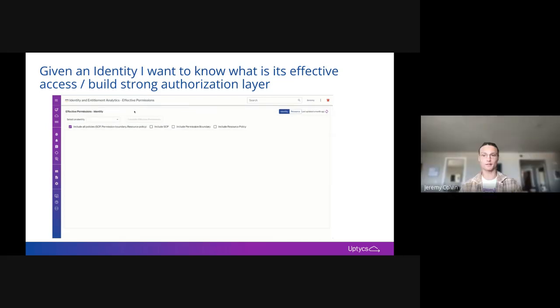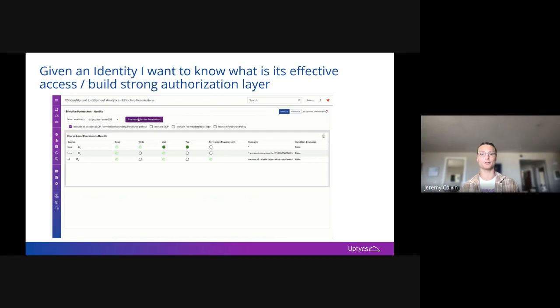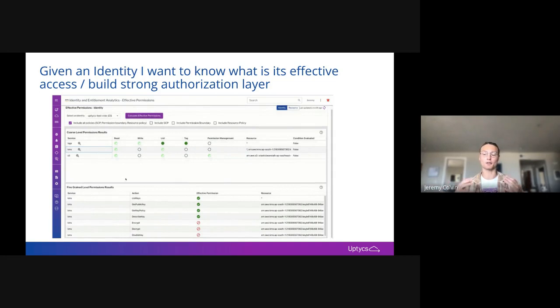That's awesome. And I think the core part of that is that it should all be seamless. We shouldn't be adding to the complexity. We should actually be reducing complexity. And I think that's what you've been able to achieve here. It makes it really manageable at a high level. I want to know what my different services are and their permissions. But if I want to get granular and look at the fine grain level permission results, or what actual identities are able to access what, I think that becomes very seamless as well.